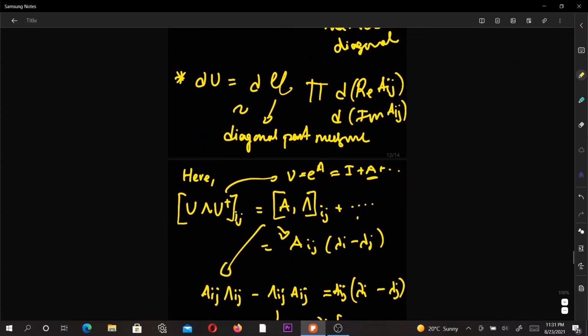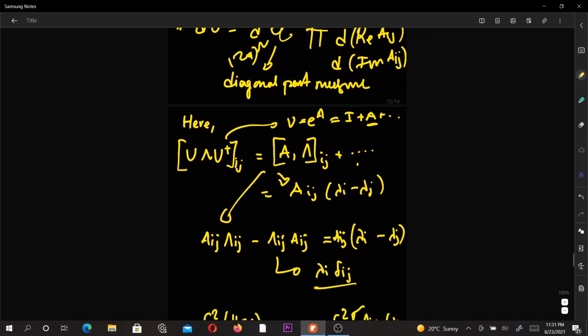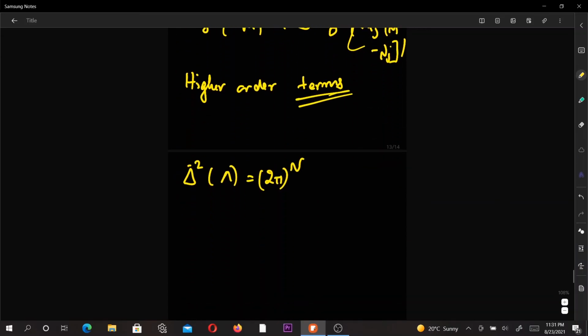I forgot to write a 2 pi n. It's just a normalization factor. You understand where the 2 pi n comes from, since it's Gaussian. So we normalize it like this. Sometimes you'll see that we give a factor of 2 pi n,